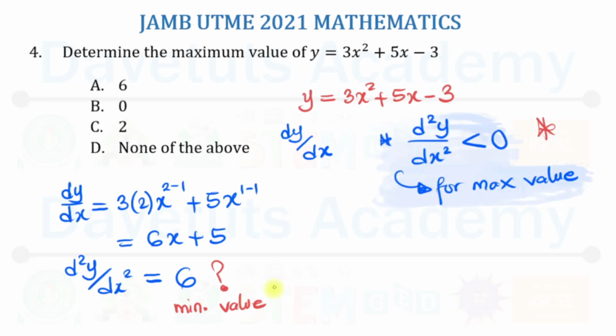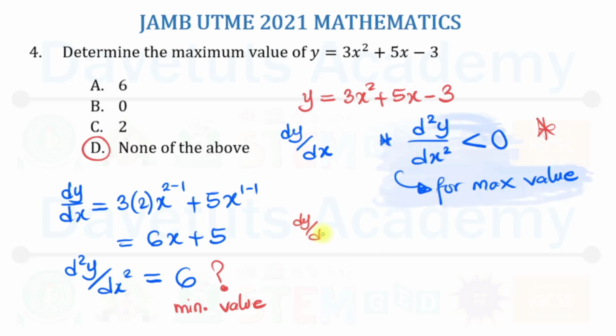So students, if you actually have a good grasp of the core concepts of what you are working with, it will make your work easier, and you know that this particular answer will be none of the above. But if you just want to check, you can just go ahead to say, okay, at maximum value,